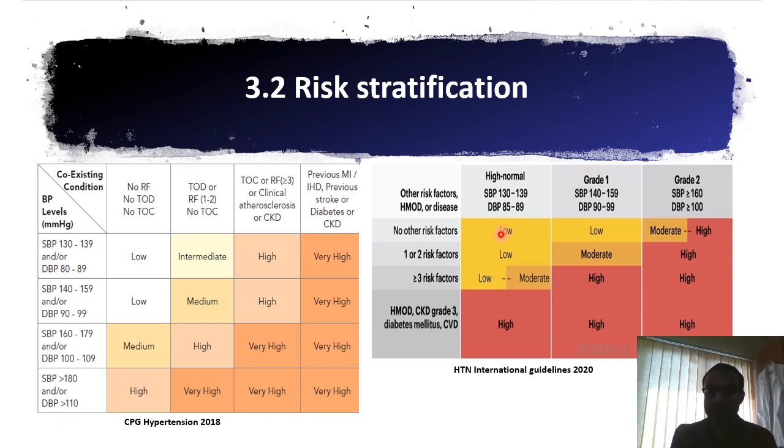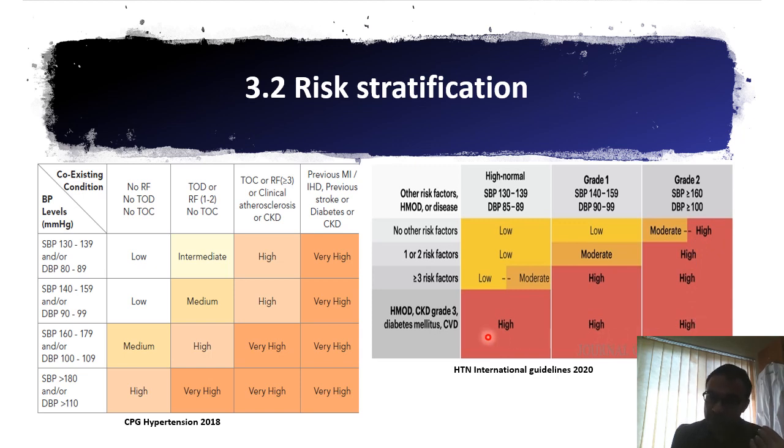Here the idea is the same for the high normal. According to the risk factors, none, 1 or 2, or 3 or more, or hypertension-mediated organ damage, CKD stage 3, diabetes, cardiovascular disease, the patient will be categorized. And you can see here all these categories,